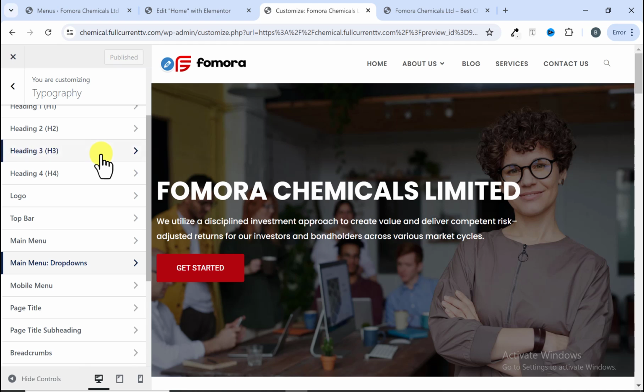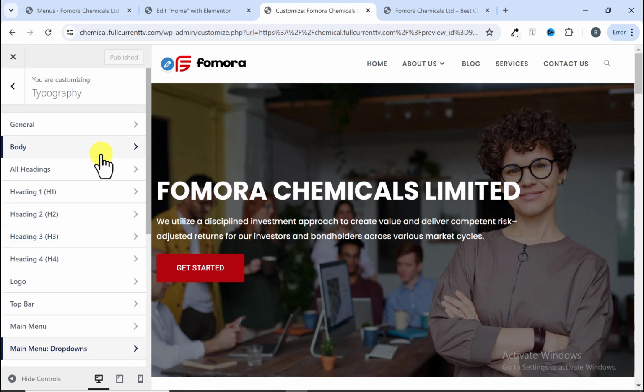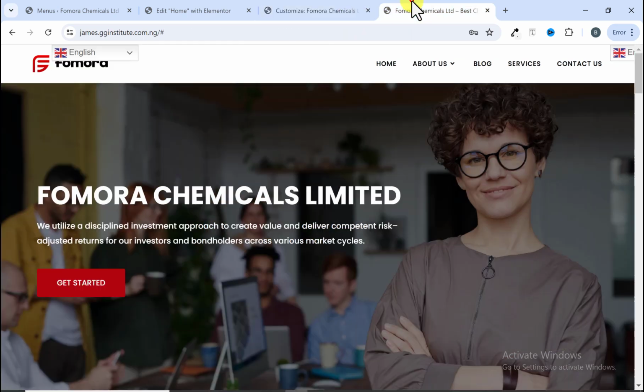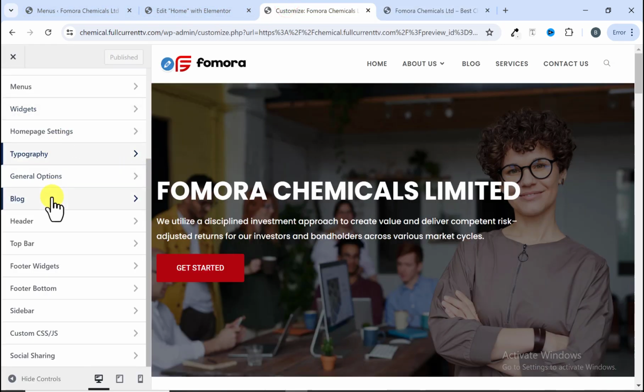And after publishing it, I need to add the brackets. You can see all those brackets. I need to add them. So I'll go outside of typography. Look at the brackets I'm talking about. When you carry your mouse, you can see this effect. So I go outside of typography and I'll look for